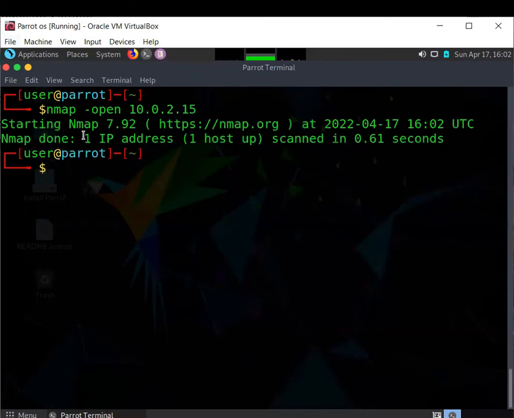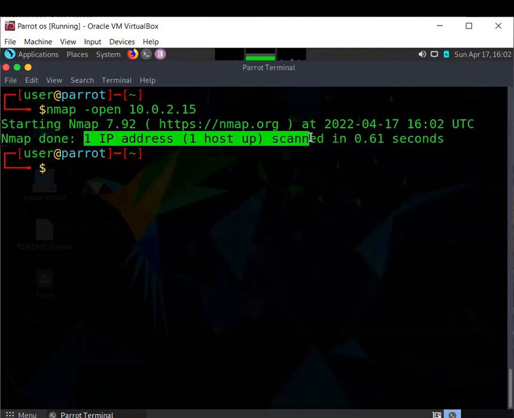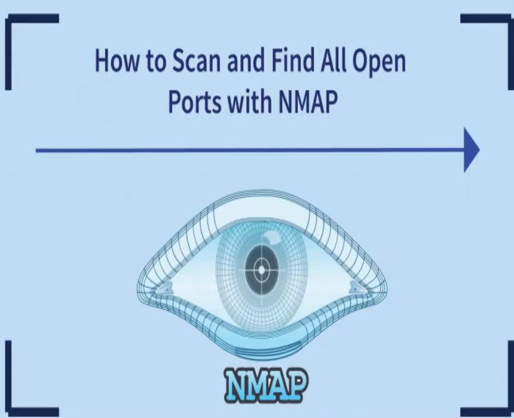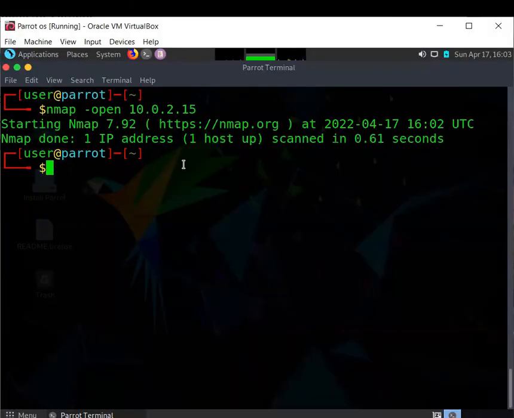Here we can easily see that only one host is up. The aim of this command is to detect the open ports. Finding open ports can be the first step for protecting and hacking any network. If you only want to find ports you can connect to, then this command can be really useful for you. Now moving on,